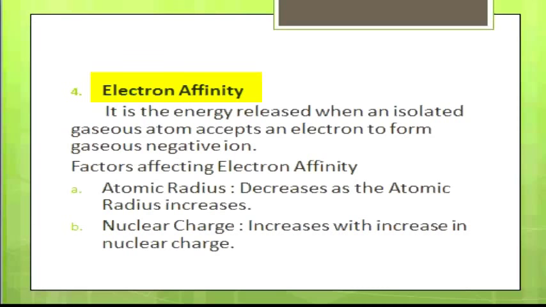Thus, a quantitative measure of the tendency of an element to gain electrons is given by the electron affinity. Electron affinity is expressed in the unit of kilojoule per mole. The larger the amount of energy released during the addition of an electron to an isolated gaseous atom, the greater is the electron affinity of the element. Since more energy is released during the addition of an electron to an isolated gaseous atom,